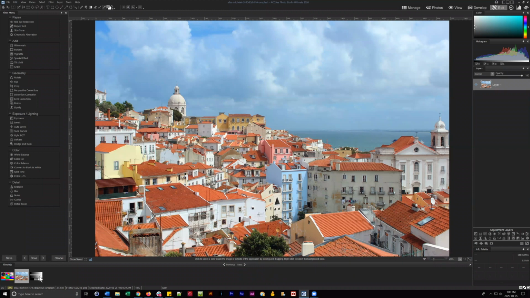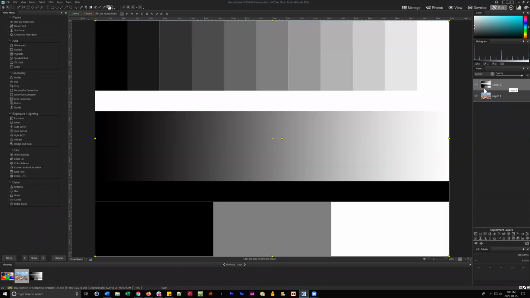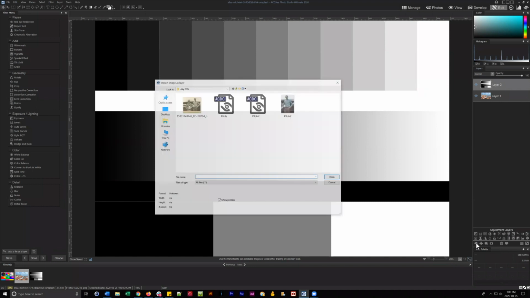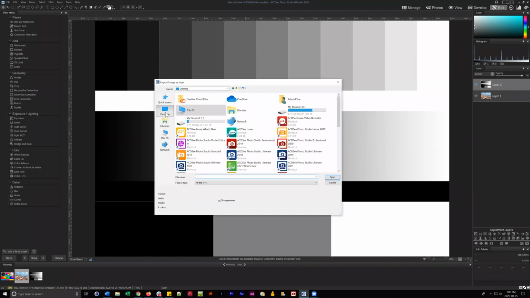I'm going to pull these images onto my layer panel and place them above my layer one. Then we'll show you how blending works in regards to those separate images. If you want to work with multiple layers in your layer panel, which is located on the right in edit mode, you can use your film strip, down at the bottom, to drag and drop a file, which will add it to the layer panel. I'm just going to commit that layer here. Or alternatively, you can use this button in the adjustment layers panel just below the layer panel to add a file as a layer,